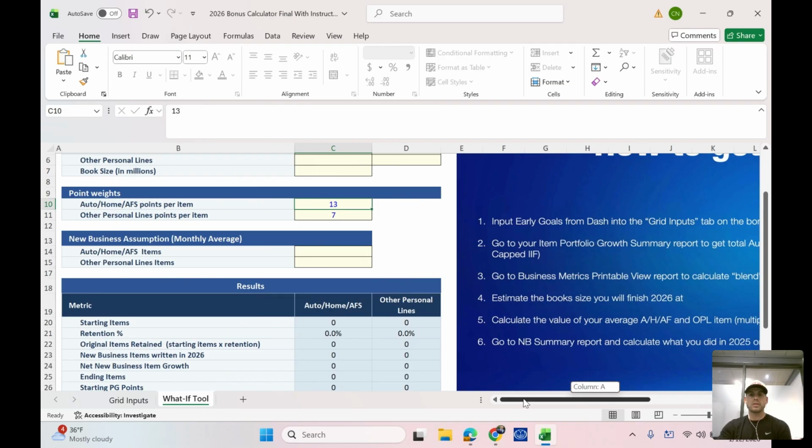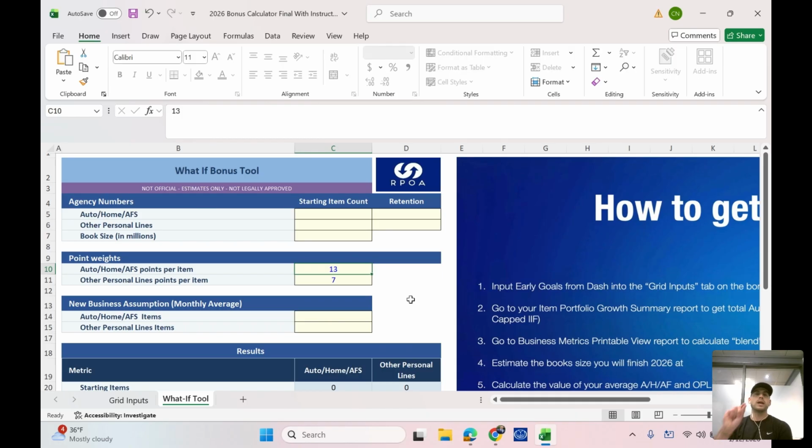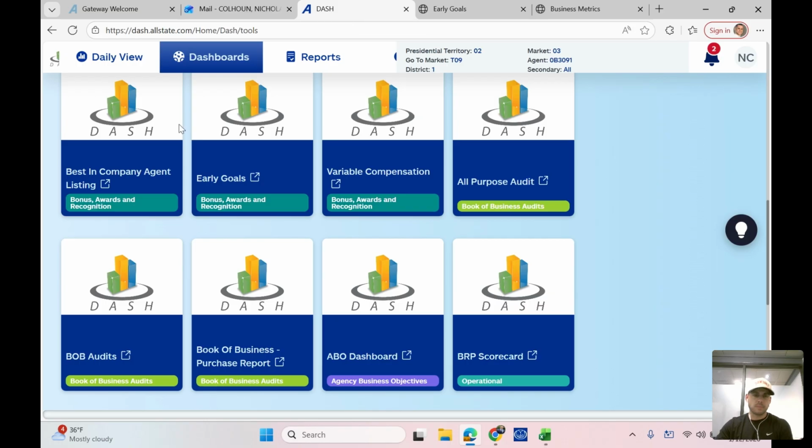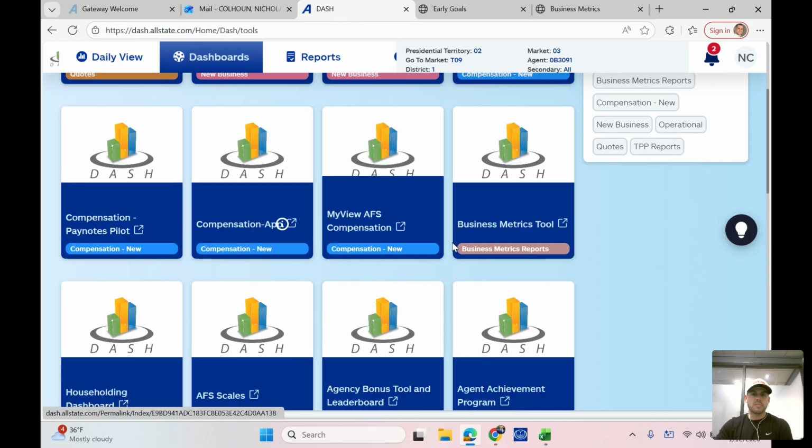And what we're going to do with that is we are going to do a blended or an average of your retention information in here. Again, it's super, super simple. You're going to come right in. You're going to pull up your business metrics tool. Once you do this,